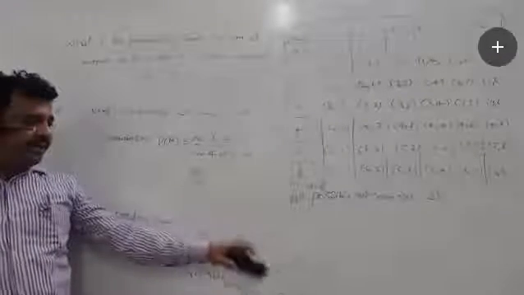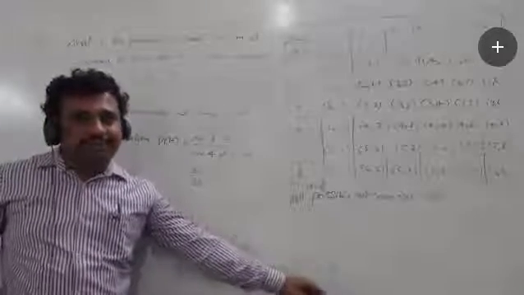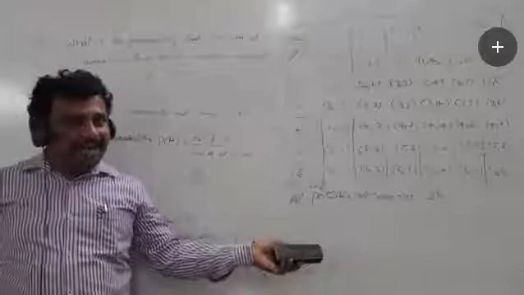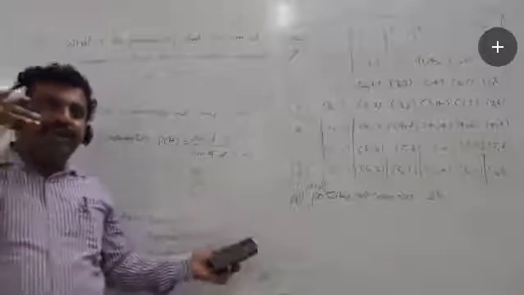The probability P of G is equal to the number of favorable outcomes, 0, by the number of all possible outcomes, 36, that is 0. The probability of the earlier situation is 1, so that is nothing but a certain or sure event. The probability of this event is 0, so this is an impossible event. This is a certain event.